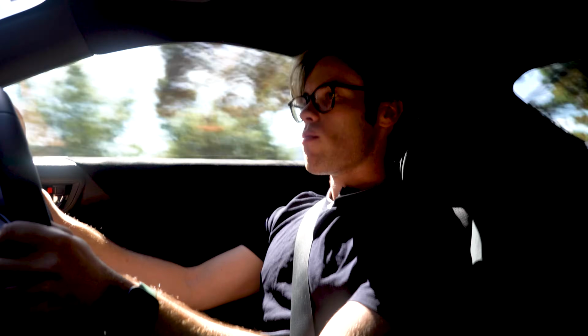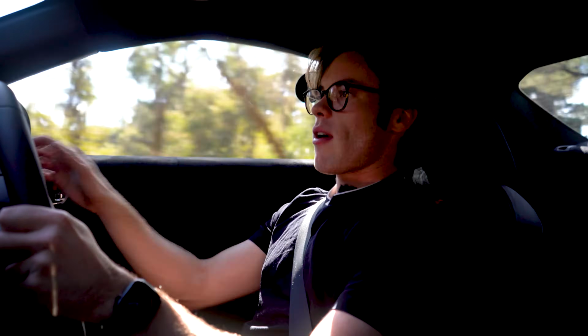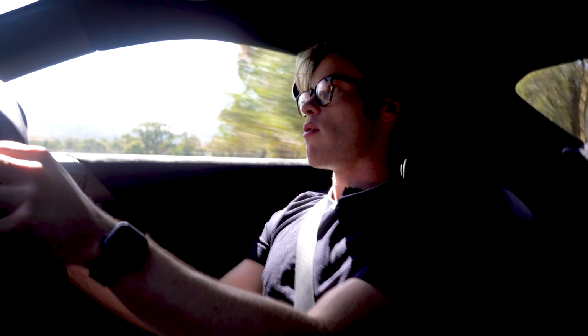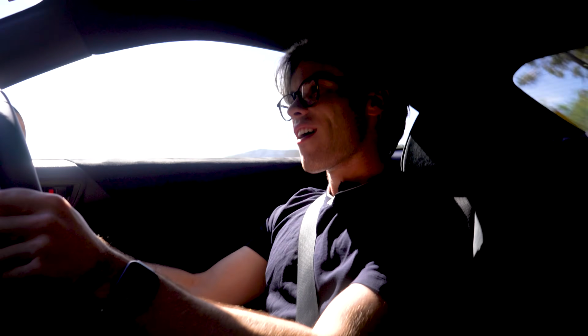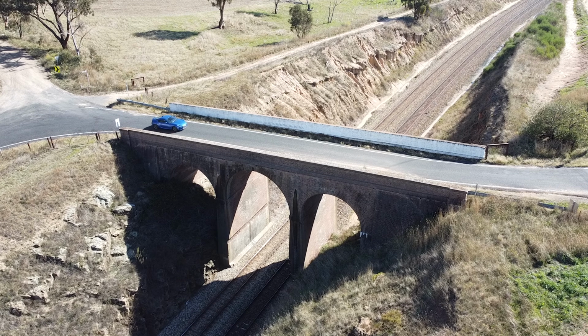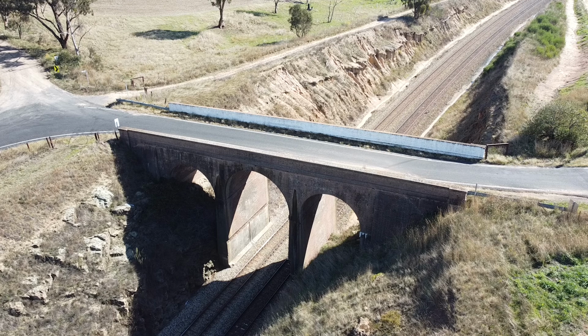However, this additional power really elevates this into a much quicker car. We're looking at around 130 kilowatts per ton, and I'm really feeling that through the rev range. So if I pull down, for example, and then squeeze the throttle, we actually pull through the rev range, which is great. It doesn't just taper off like a turbocharged motor, so that's part of the appeal of a naturally aspirated